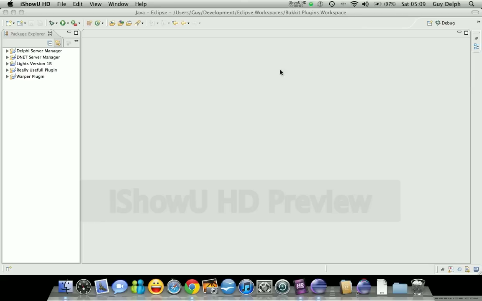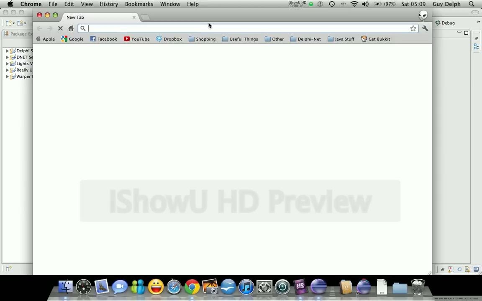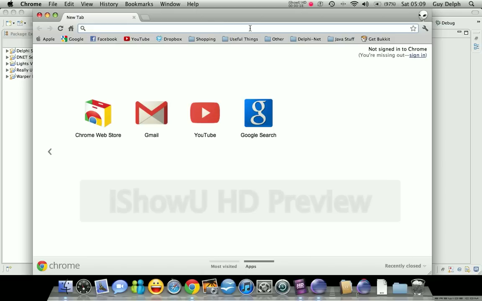In this tutorial I'm going to take you through the steps necessary to create a Bukkit plugin. In this plugin we're going to create a basic plugin, just something to let us set the weather using a couple of commands. So first of all you're going to need to get the Bukkit API, so you need to